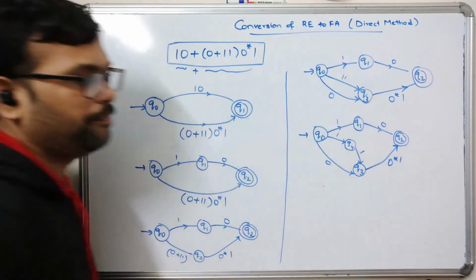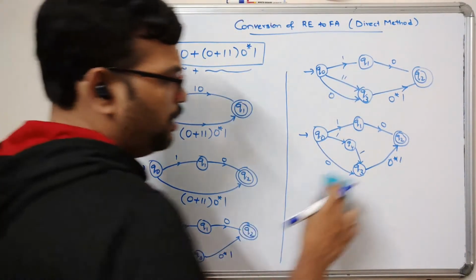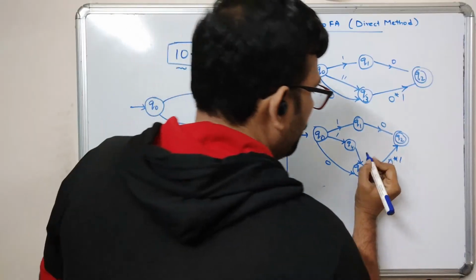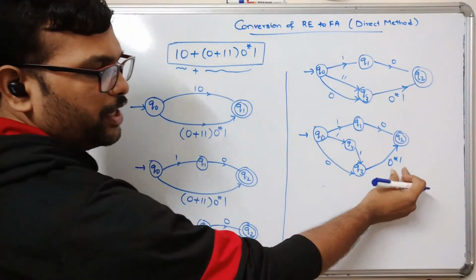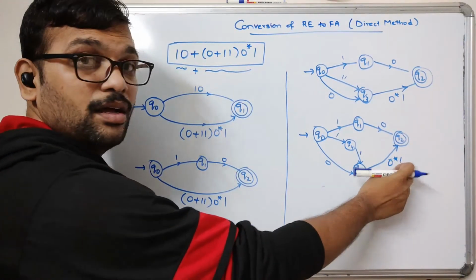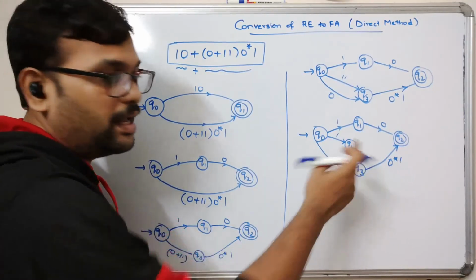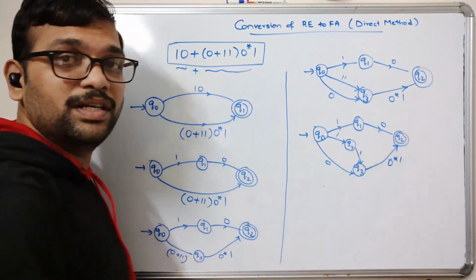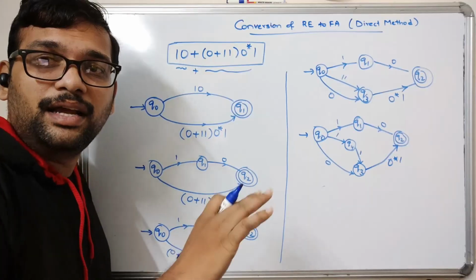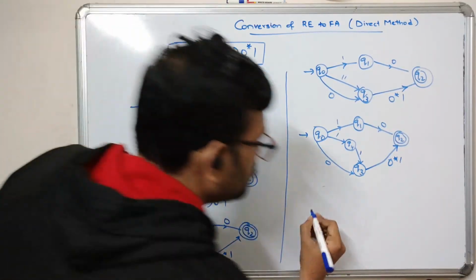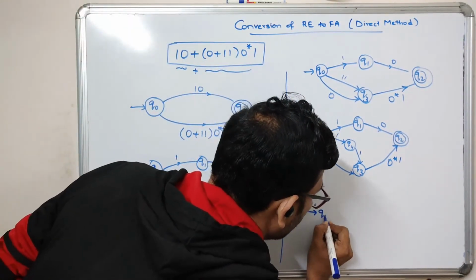So is it completed here? No, it's not completed, right? It's not completed. So again we need to divide this one. Again this is the concatenation. Again we need to divide this 0 star and 1, whereas 0 star means it's a closure, that means a self loop. So simply you can write here it as a Q0,